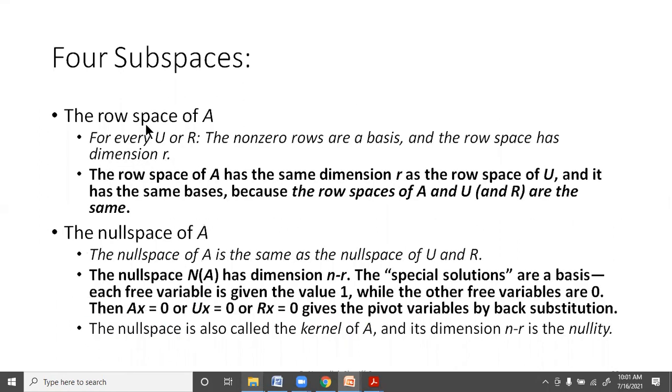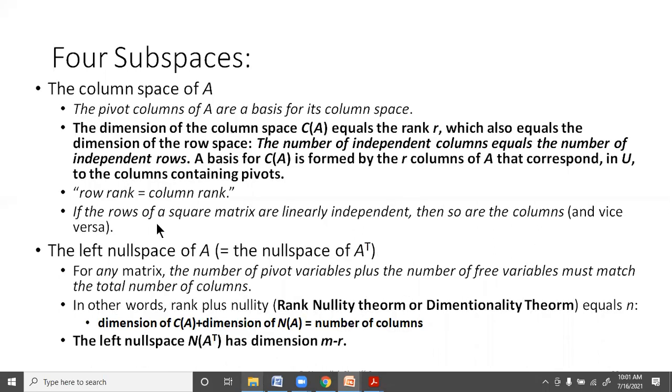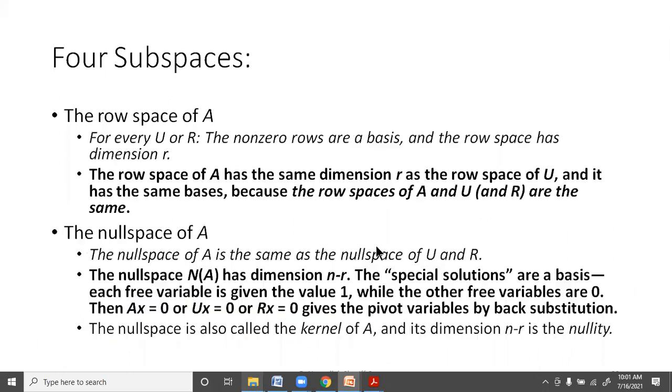The row space of A is nothing but the column space of A transpose, and equally well, the left null space of A is nothing but the null space of A transpose. So when we talk about the row space of A, for every U or R, the non-zero rows are a basis, and the row